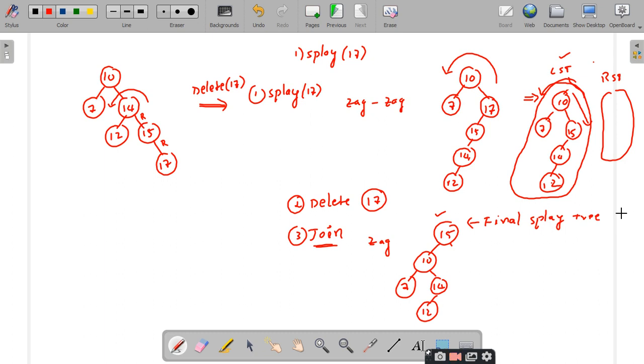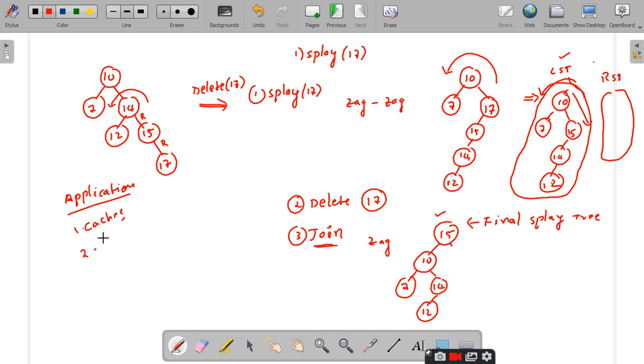Clear, sir. So can anybody tell me what are the applications we have with these splay trees? Cache memory, sir. Super, right. The first and foremost application we can say for these splay trees is they are used to implement the caches.